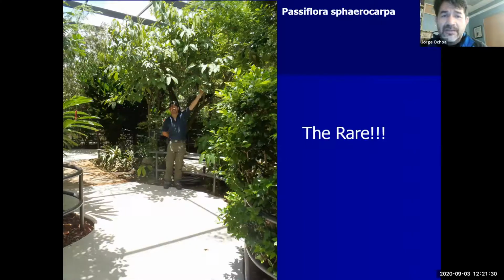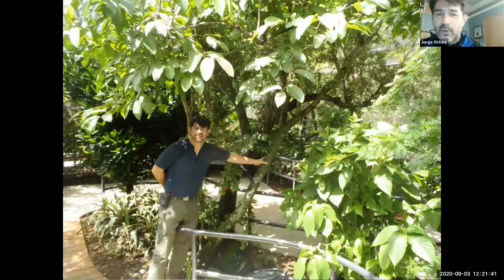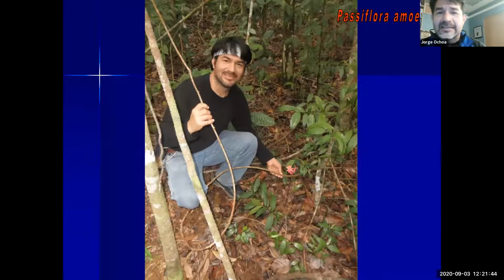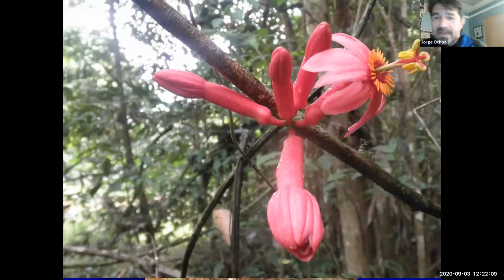So on the photograph, I am in front of Passiflora spherocarpa, growing in Butterfly World in Florida. And that is the stem that I'm holding for scale. In French Guiana, we happen to find what they refer to as the crown jewel of this group, the passion flower that likes to flower at the base of the plant. So the leaves, I'm holding the vine, is probably somewhere on top of the canopy. I never saw them, but the flowers are on the ground. And here's the close-up of that specific species.